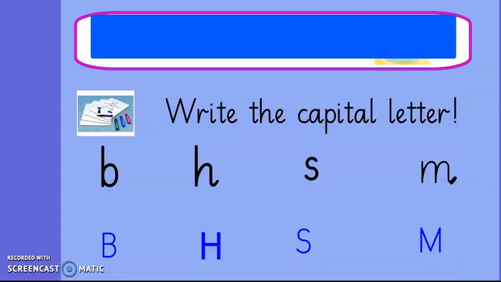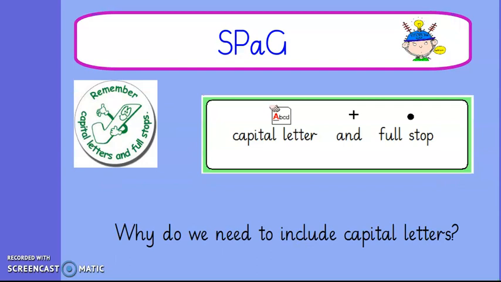Let's check and let's say the letter name. B, H, S, M. Well done. So we are focusing on, in our writing, capital letters and full stops. And I want you to think about where the capital letter goes and where the full stop goes. That's right, the capital letter goes at the beginning of the sentence and a full stop goes at the end